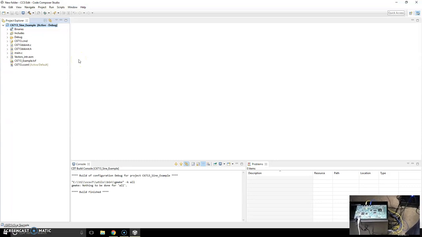Alright, so before we execute the program, we need to make sure the board is installed. I'm looking at this screen down here in the corner. You need to make sure that the USB cable is connected to your computer. And then you also should have one of the audio cables connected to the line in jack. So if you look here, you should have it connected to the line in jack and another cable connected to the headphone jack. And the headphone jack should go to, I know it's kind of hard to see here, but the headphone jack should go to